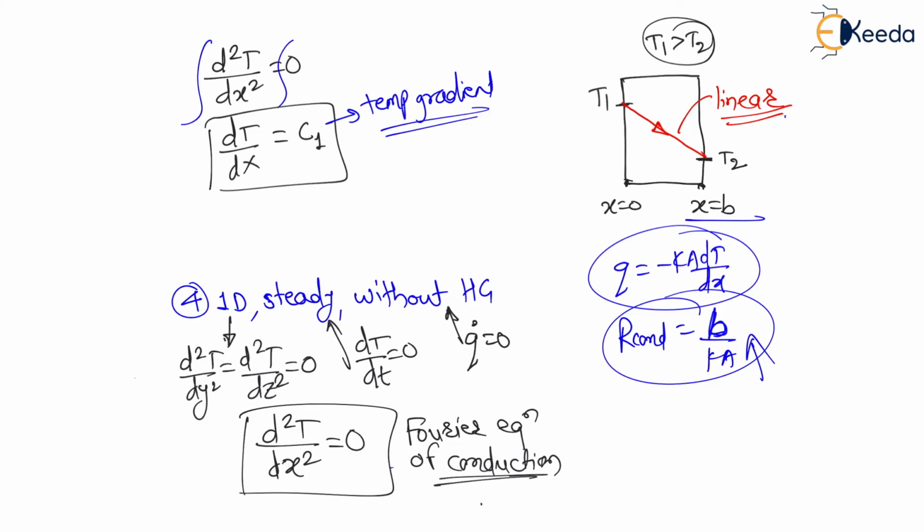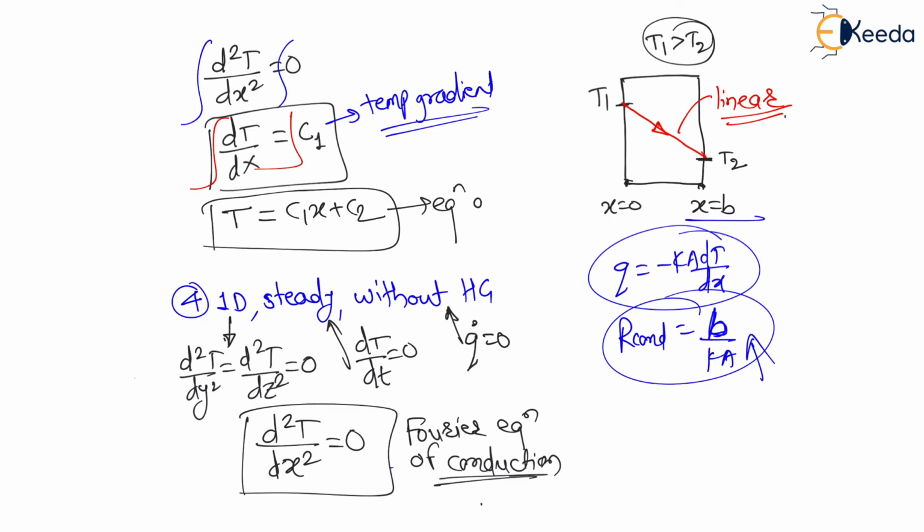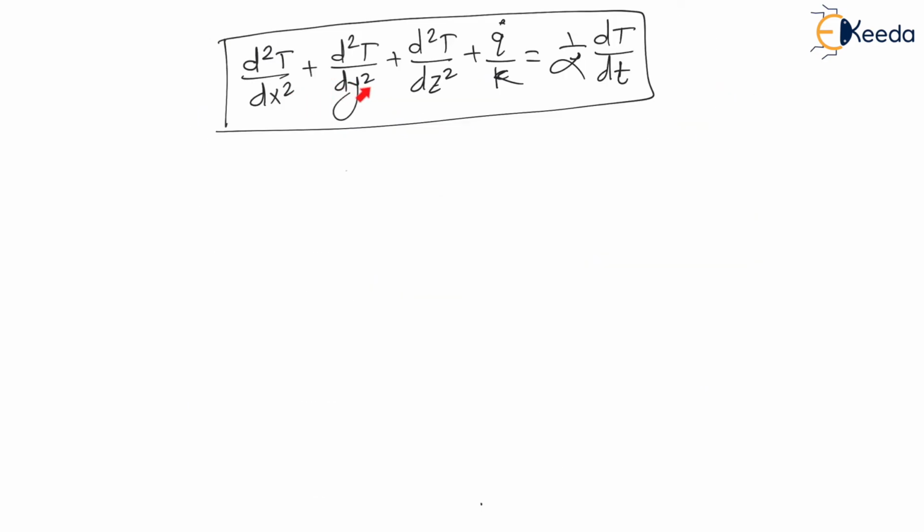Again, if I integrate this temperature gradient equation, then I will get the temperature profile. Temperature is equal to C1x plus C2, a new constant, right? And it is the equation of a line. Equation of a line means the temperature profile will be a straight line, which is nothing but linear variation, right? So my dear students, for plane slab we have seen this generalized expression. In the next lecture we are going to see the special case of this equation.